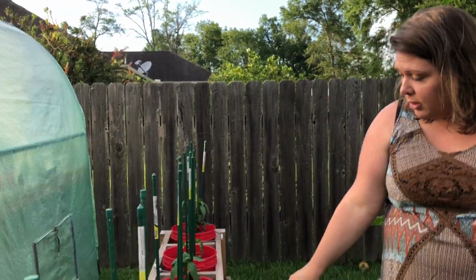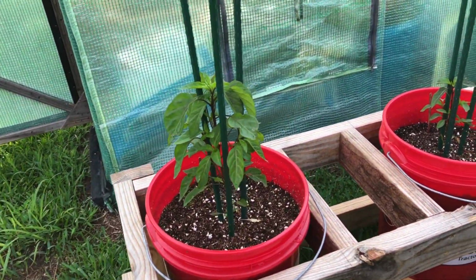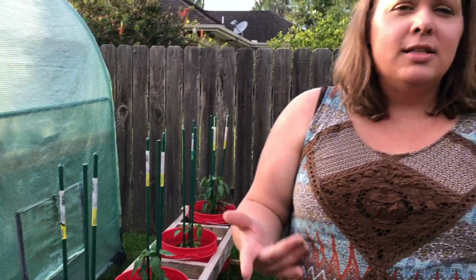Our peppers have really started growing a whole lot more, just like everything else, because the temperature has finally picked up a little bit, but it's still really mild for this time of year. So this is going to be a pretty quick tour because everything has changed a good bit within a week, but we still just have, of course, the same plants here. So we have been able to harvest some of our tomatoes,